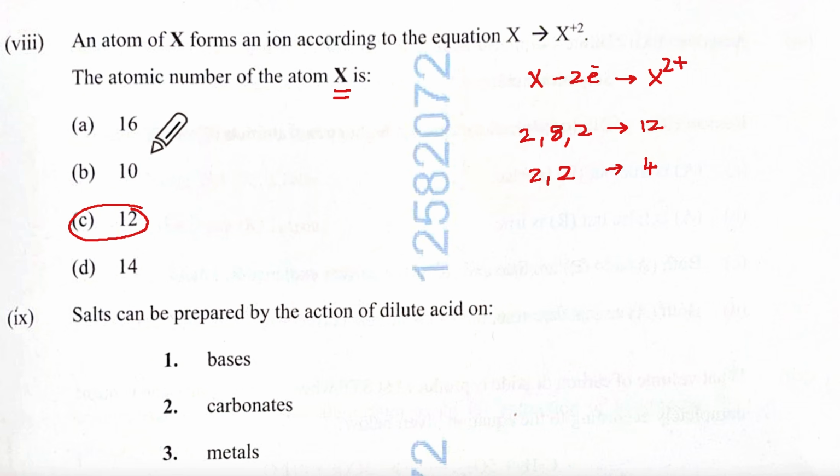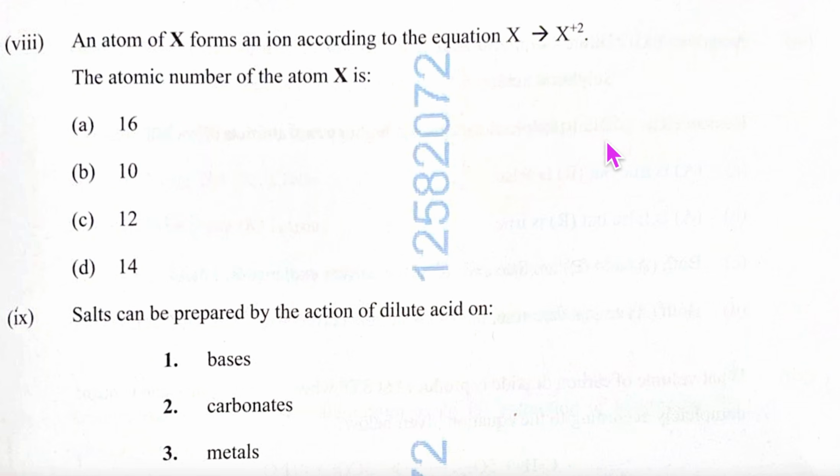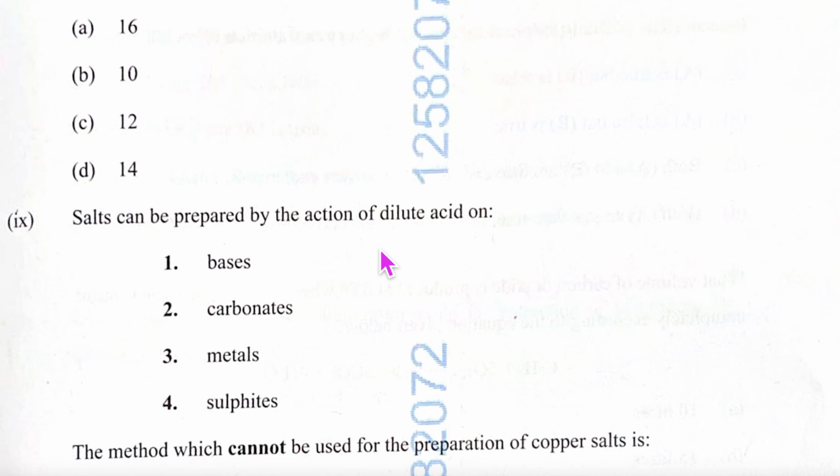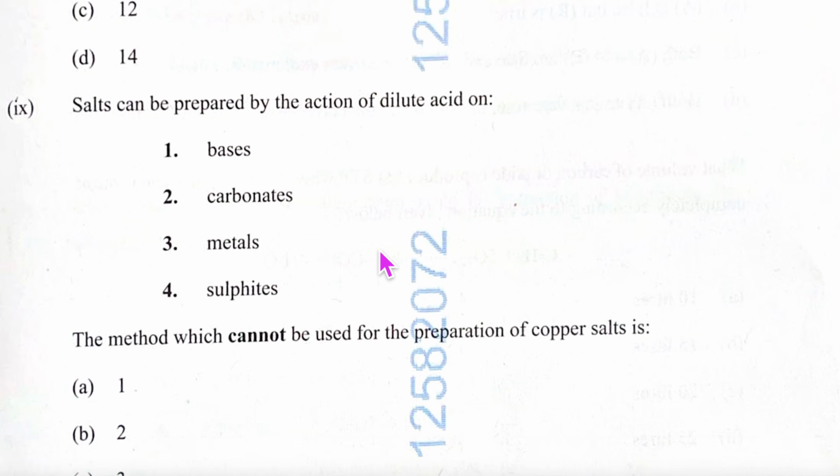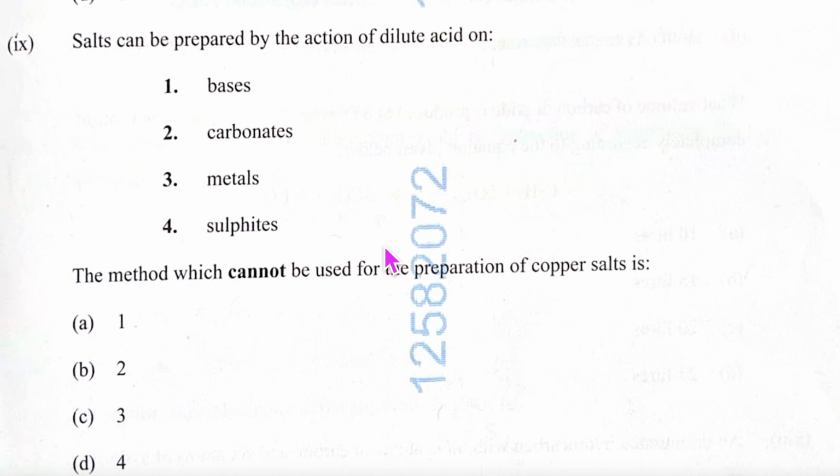If it is 2, 8, 6, it means it should have been X2-, but it is 2+, so it is a metal which will be having 1, 2, 3 electrons in the valence shell. Salts can be prepared by the action of dilute acid on bases, is possible. With carbonate, dilute acid, metal and dilute acid, yes. With sulfites,